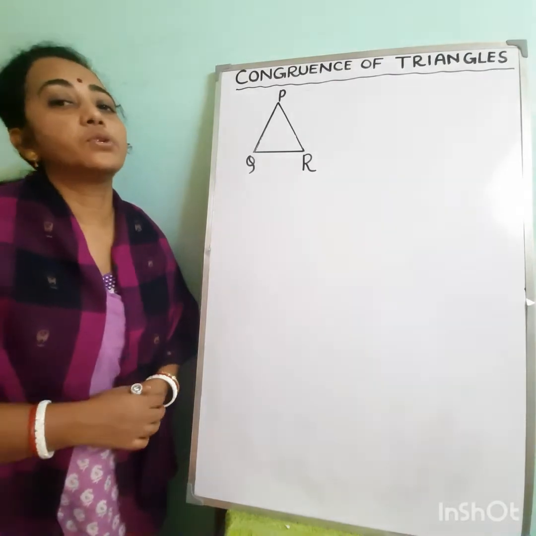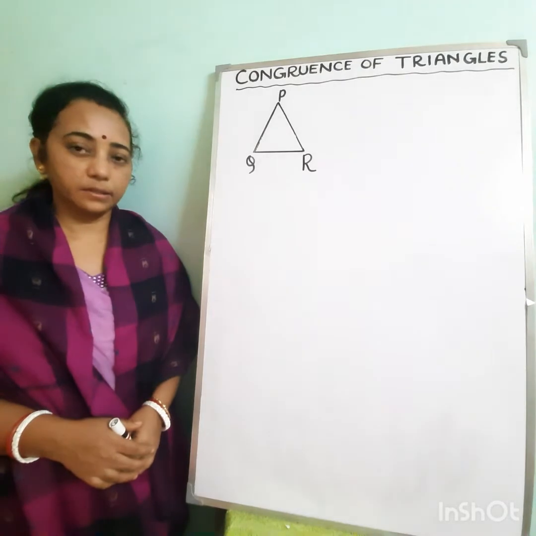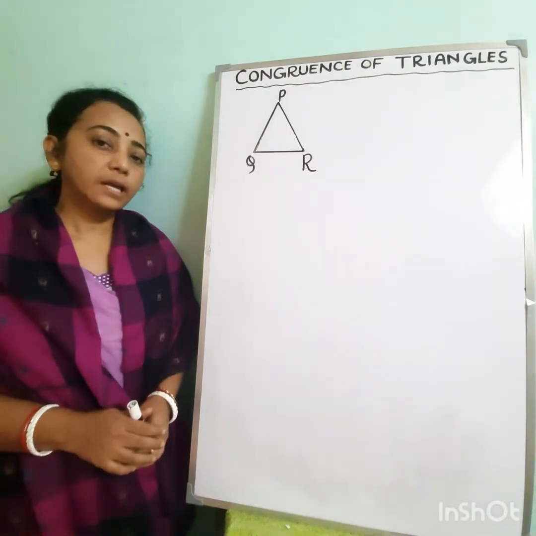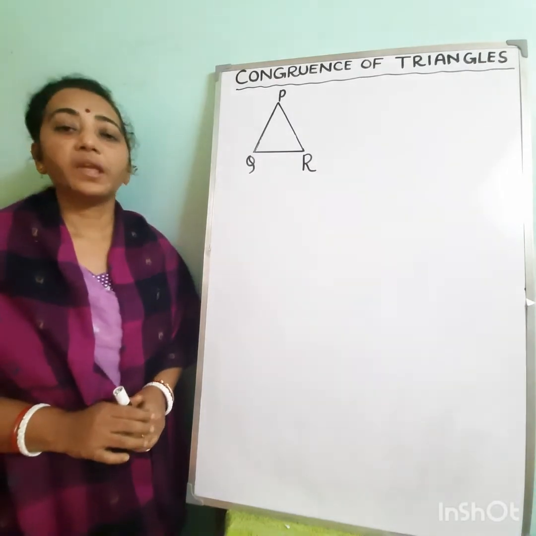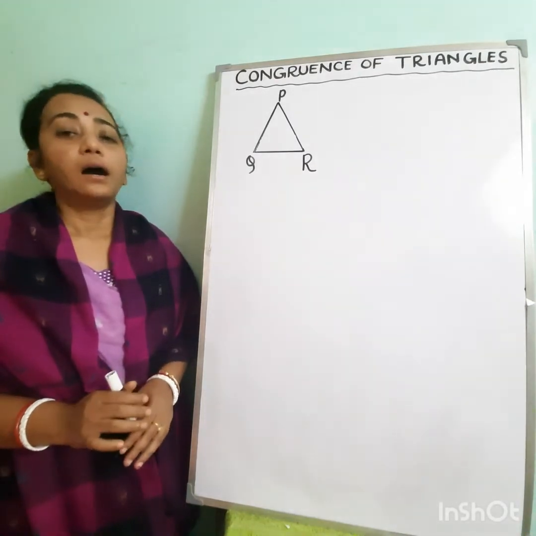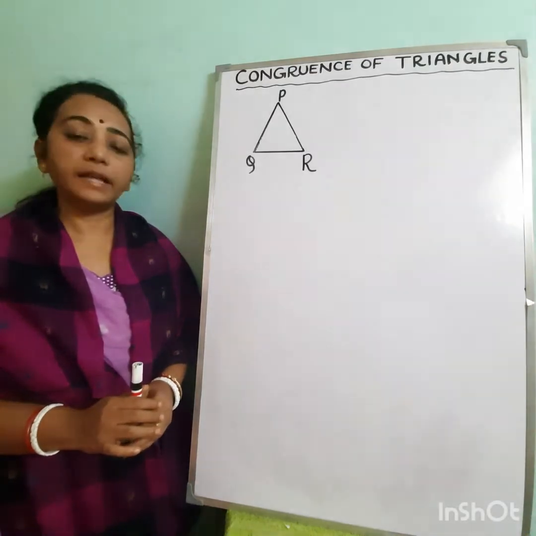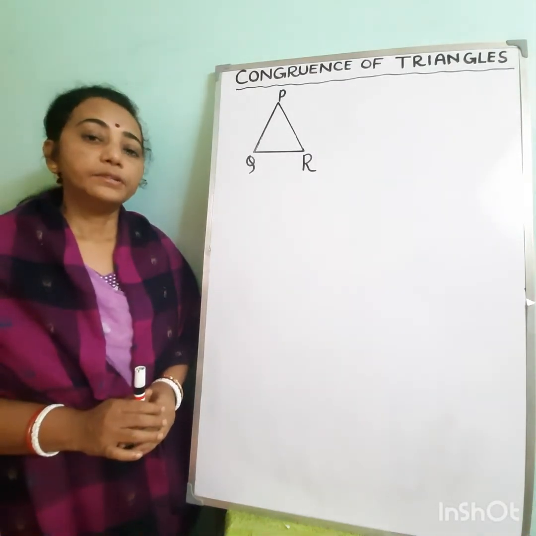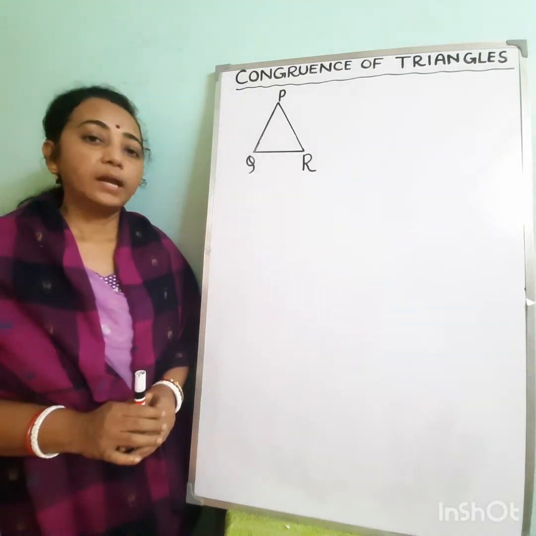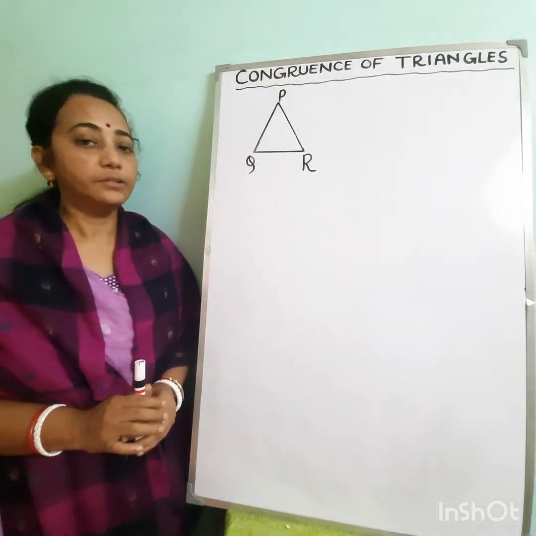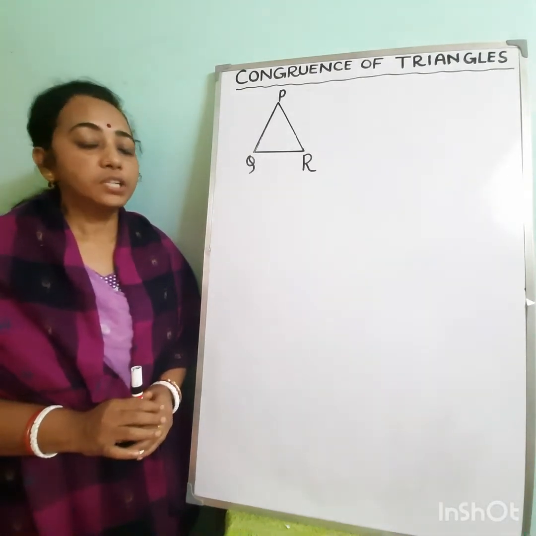In this class, you will learn about the chapter Congruence of Triangles. And today I will discuss what we mean by congruence of triangles. We know that a triangle is a plane figure bounded by three line segments. There are 6 elements of a triangle, that is 3 angles and 3 sides, which decide the shape and size